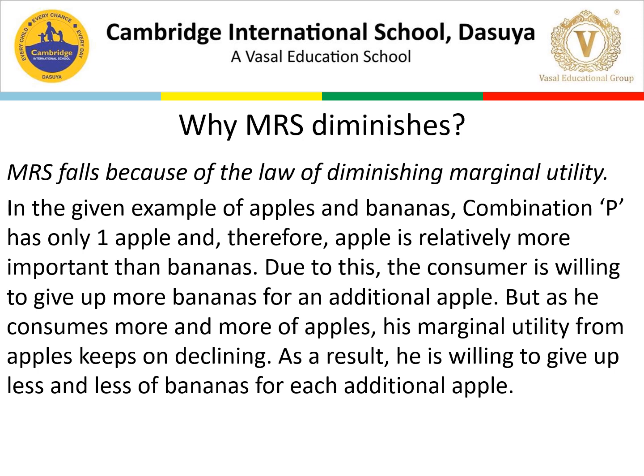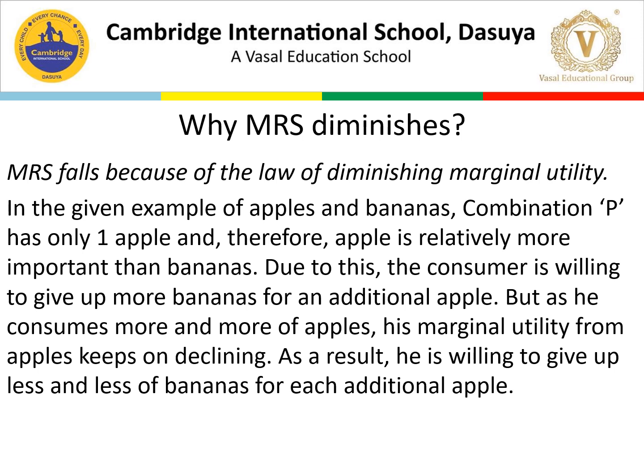As we consume more and more units of a commodity, so as we are making more additions to the consumption level, we are always feeling that the marginal utility of the product which we are consuming again and again is declining, that is diminishing. So here is the law they are defining with this. So why does MRS diminish? Because of the law of diminishing marginal utility.